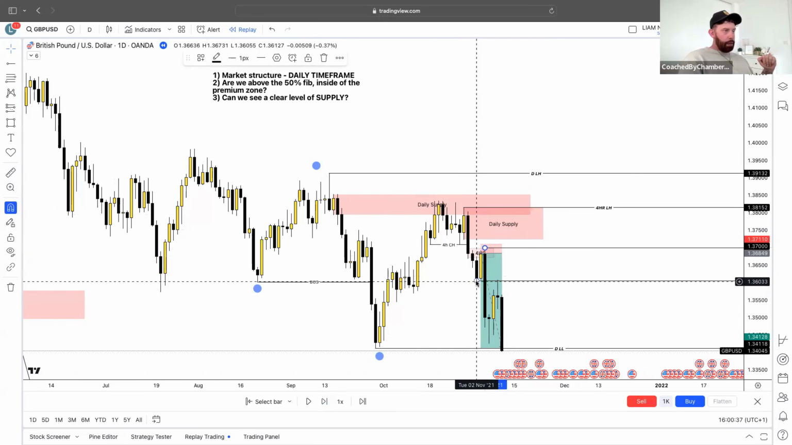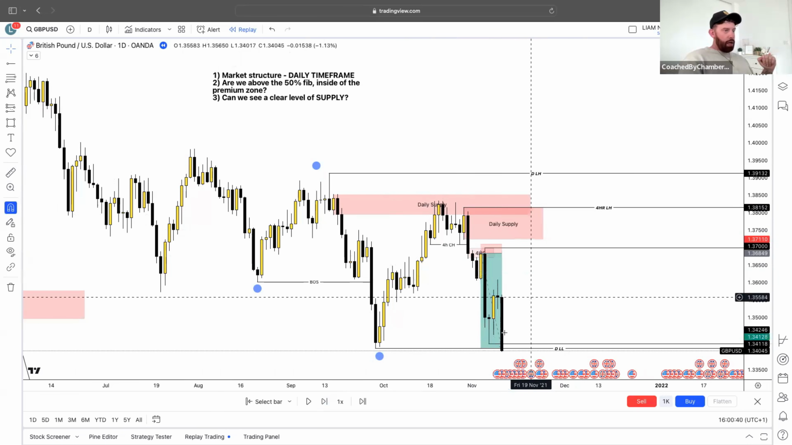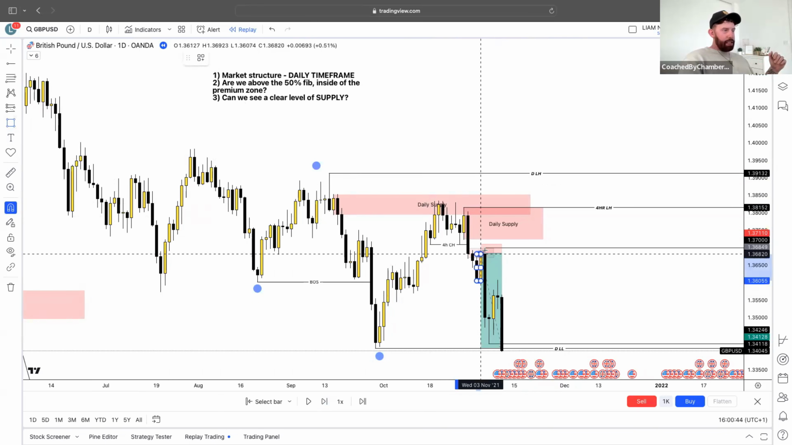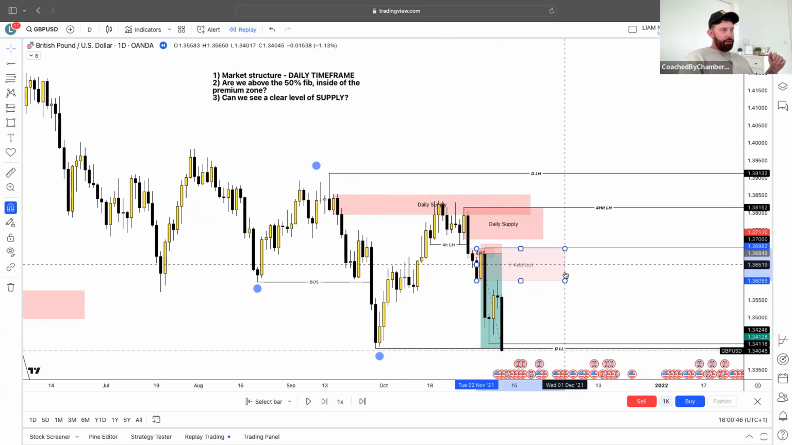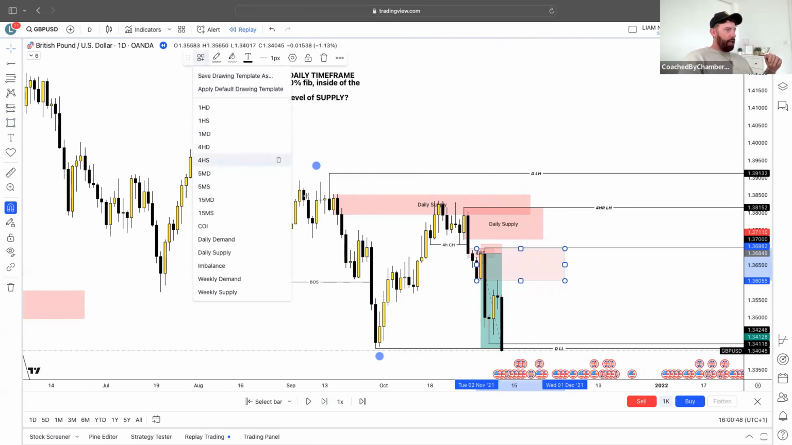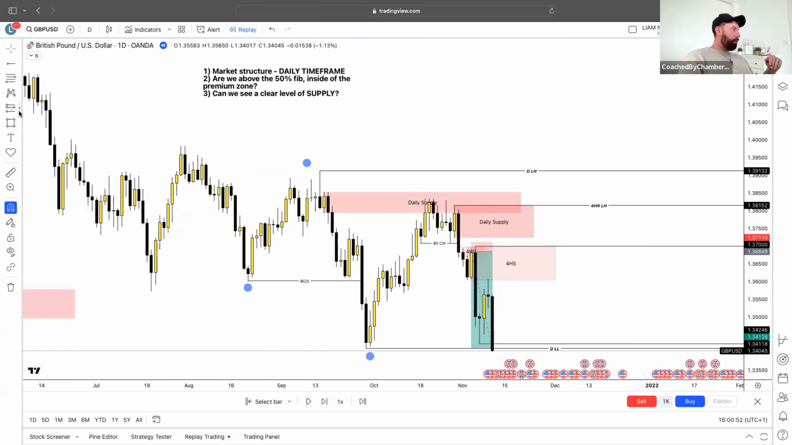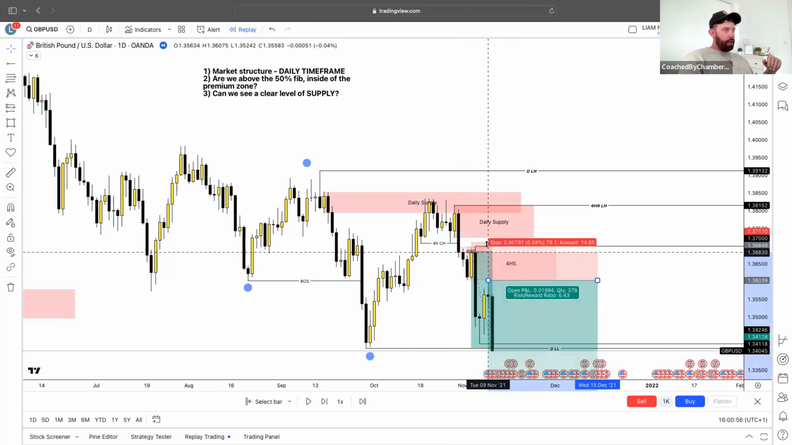Once we broke this low, this was our 4-hour low. We had a retracement, and this is how powerful supply and demand is. We had a retracement into this 4-hour supply zone here. So yes, not only did you just catch that trade, you could have potentially also placed another trade from this